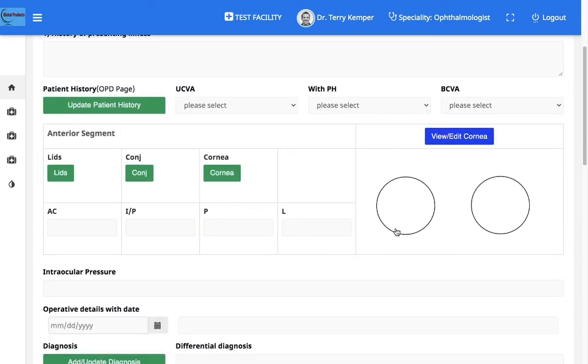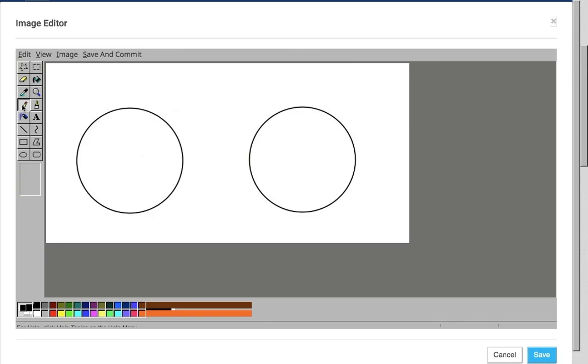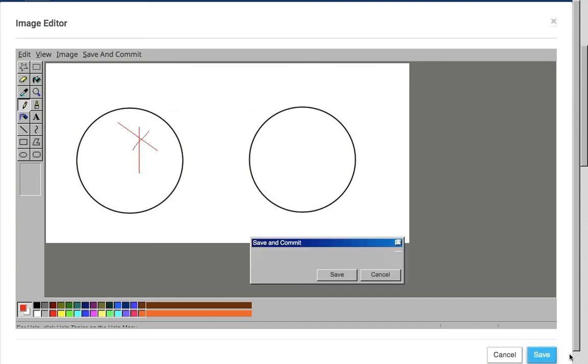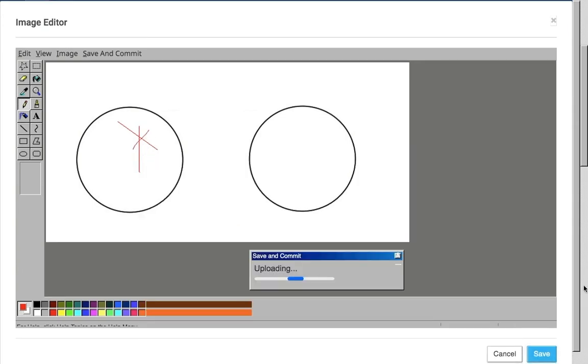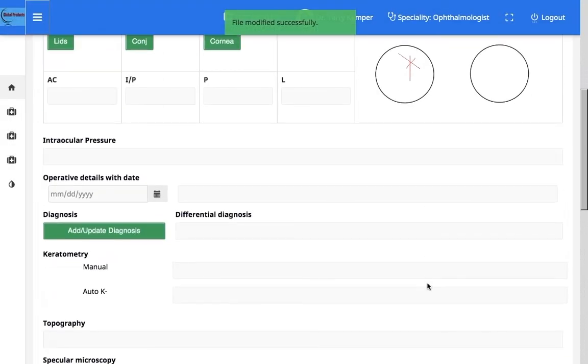This image can be edited by clicking on the image, which will open up the image editor, and the images can be marked up and saved. It will display over here.